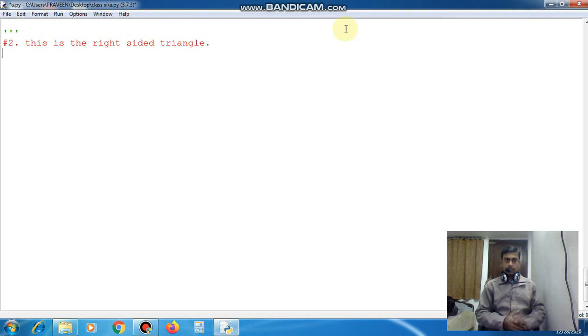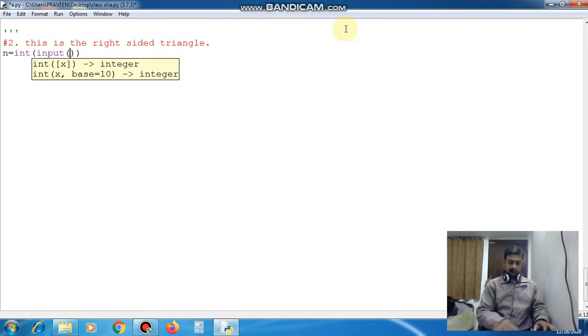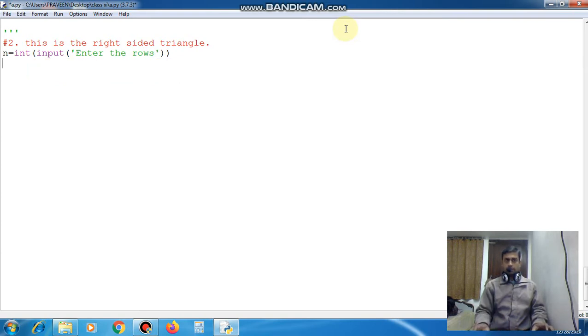In this, now let's start. n is equal to int input, enter the rows. Now this value will be taken from the user. Then one variable I am taking, k is equal to 2 into n minus 2,